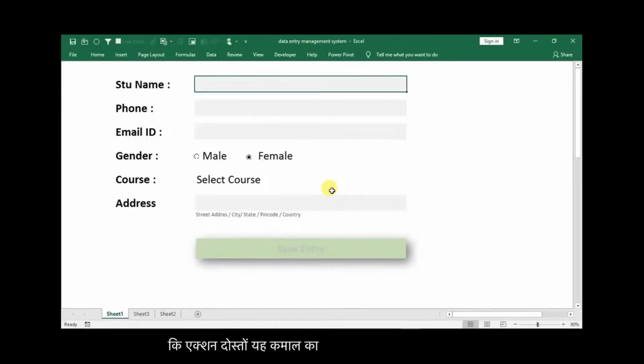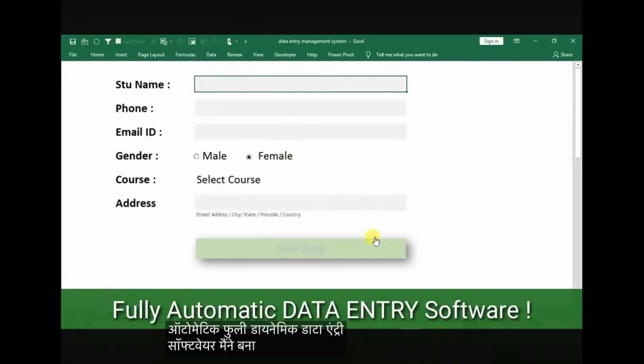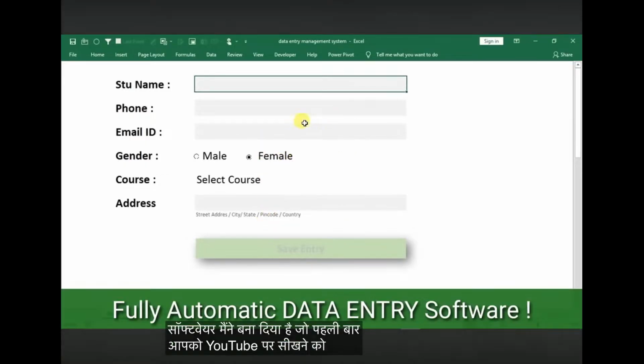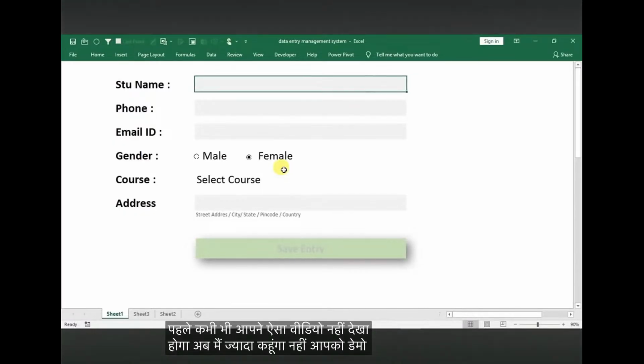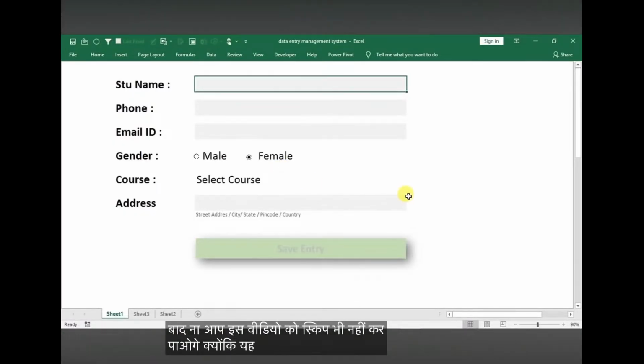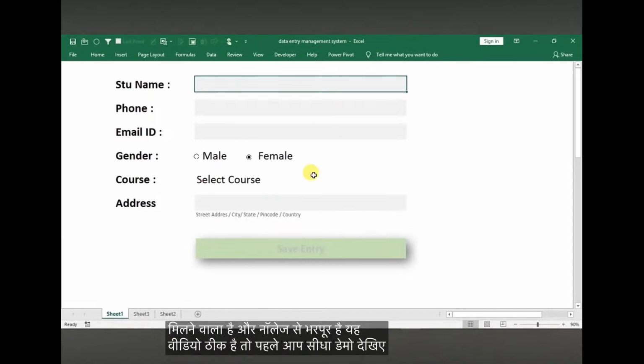एक्सेल में दोस्तों ये कमाल का, गजब का, फुल्ली ऑटोमेटिक, फुल्ली डायनेमिक डेटा एंट्री सॉफ्टवेयर मैंने बना दिया है, जो पहली बार आपको YouTube पे सीखने को मिलेगा। इससे पहले कभी भी आपने ऐसा वीडियो नहीं देखा होगा। अब मैं ज्यादा कहूंगा नहीं, आपको डेमो दिखाऊंगा और मुझे उम्मीद है डेमो देखने के बाद आप इस वीडियो को स्किप ही नहीं कर पाओगे, क्योंकि ये वीडियो है ही कुछ ऐसा, बहुत कुछ यहाँ पे नया सीखने को मिलने वाला है और नॉलेज से भरपूर है ये वीडियो। तो पहले आप सीधा डेमो देखिए।